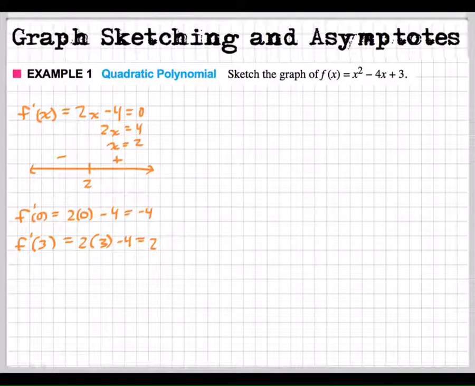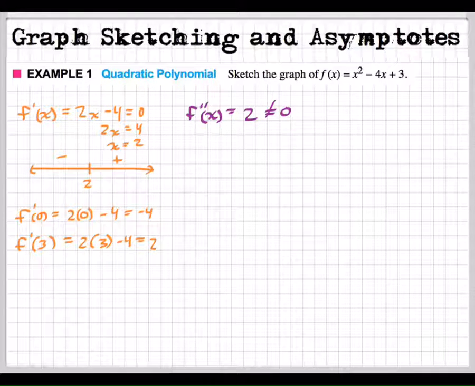Next, I'm going to do my second derivative test. So I do my second derivative. Let's see. That means I have to take the derivative of that. I'm going to get 2x. Actually, no, just 2. Now, if I try to set this one equal to 0, it doesn't make sense. 2 does not equal 0. Because this is a constant function, we don't even need a sign line graph because everywhere it's going to be